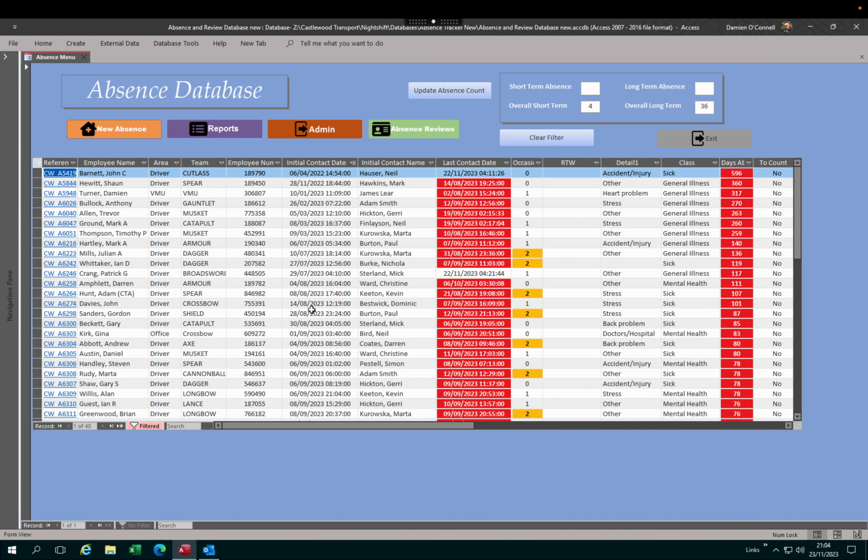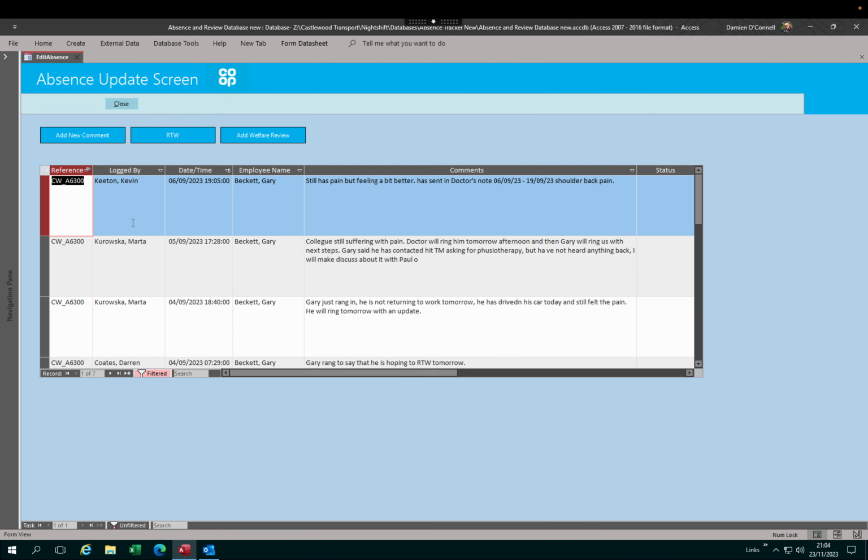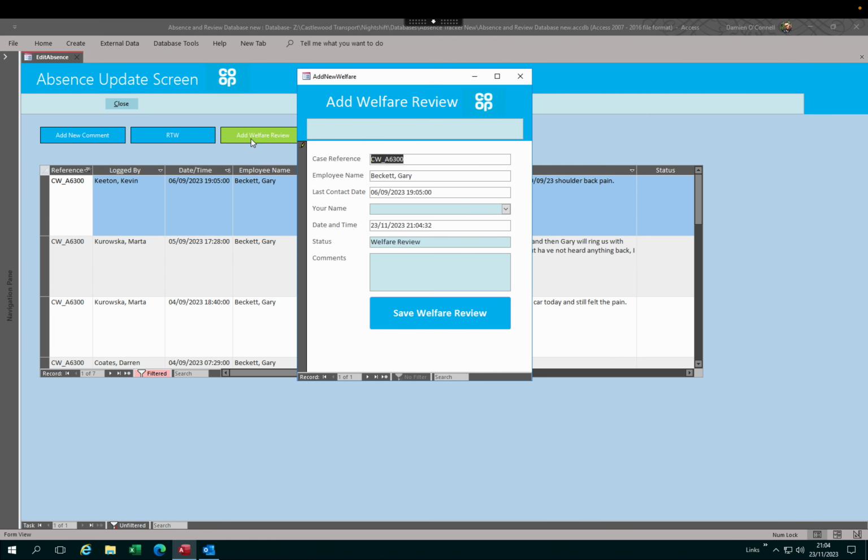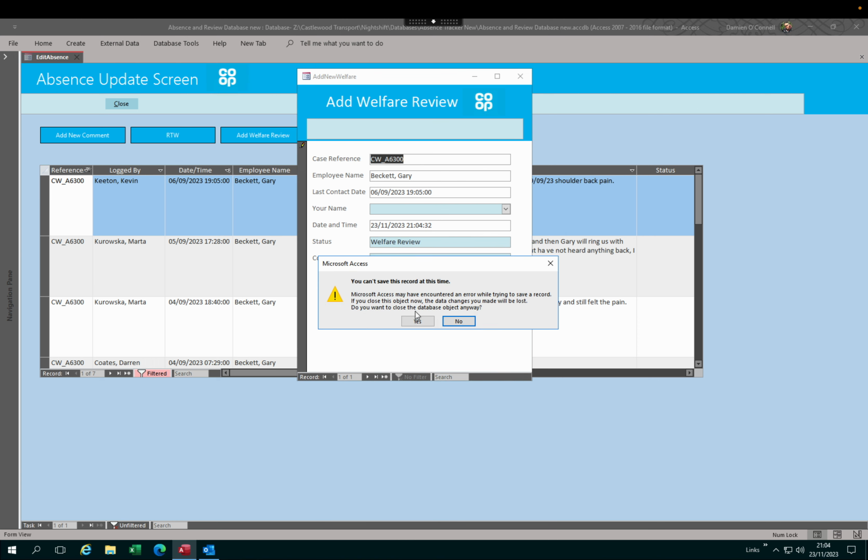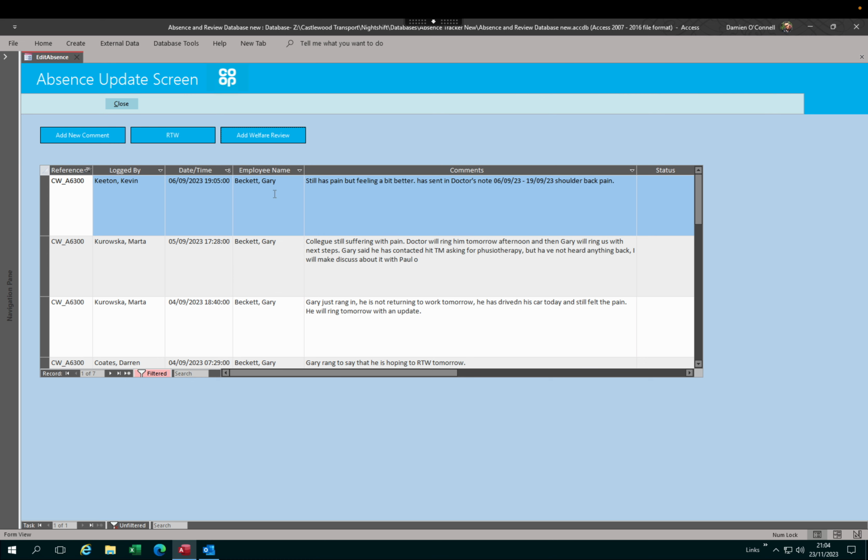So is return to work. You can also add a, say for example, Gary Beckett there. You can also add a welfare review meeting. I'm going to put an attachments tab on there so we can actually upload the meeting. And we can say that, you know, he's added welfare review meeting and save the welfare review meeting. This goes on to